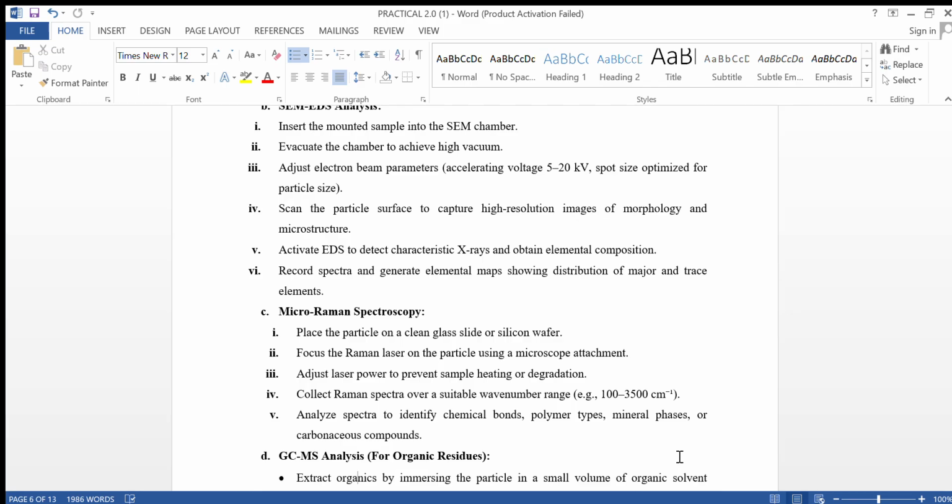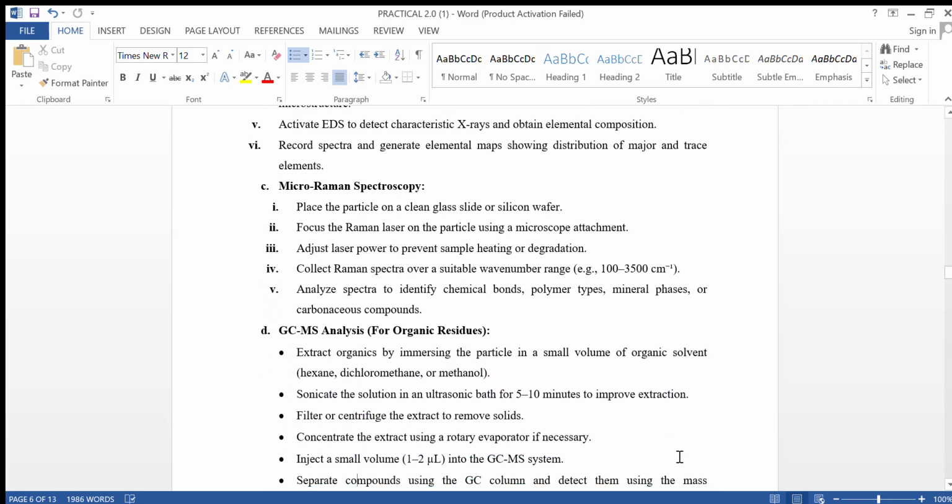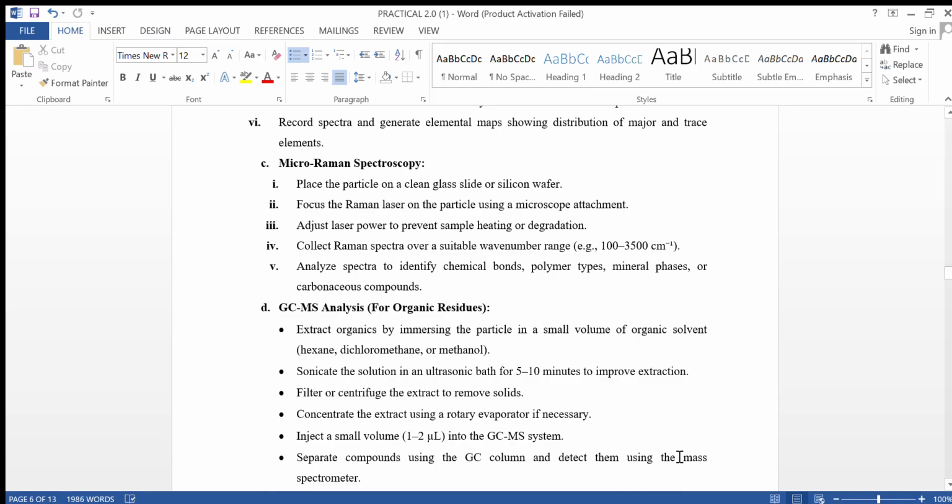Adjust the laser power to prevent sample heating or degradation. Collect Raman spectra over a suitable wave number range, for example 100 to 3500 per centimeter. Analyze spectra to identify chemical bond, polymer types, mineral phases, or carbonaceous compounds. GCMS analysis for organic residues, extract organics by